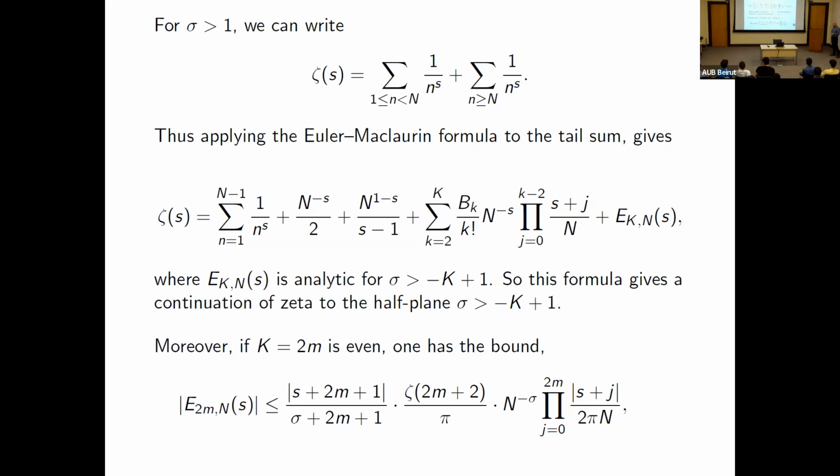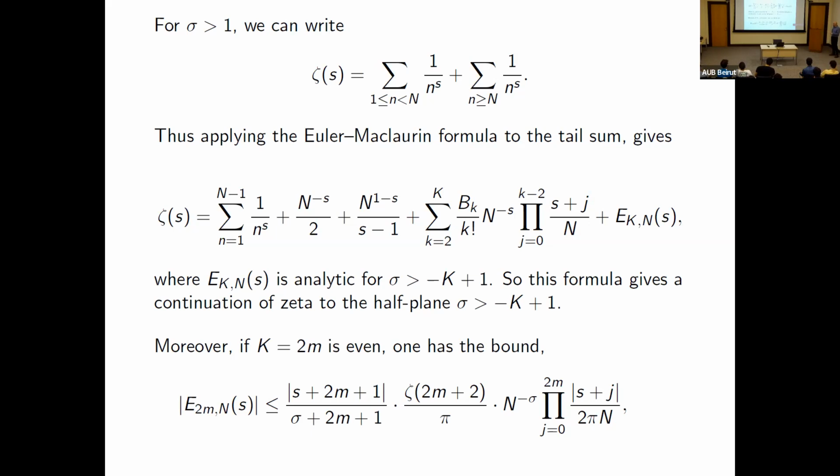Okay, there are several things maybe to point out. Why take k to be even? This is because the Bernoulli numbers, when k is odd and greater than 1, are 0. So you may as well go to the next step. You can assume, without loss of generality, that k is even. The second thing is,